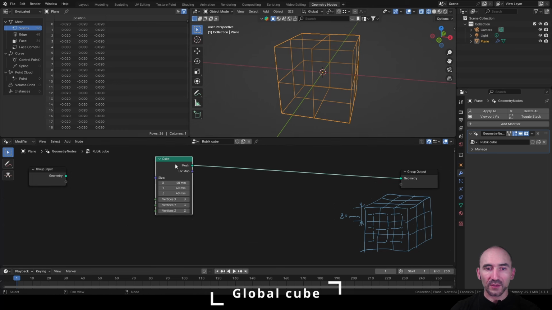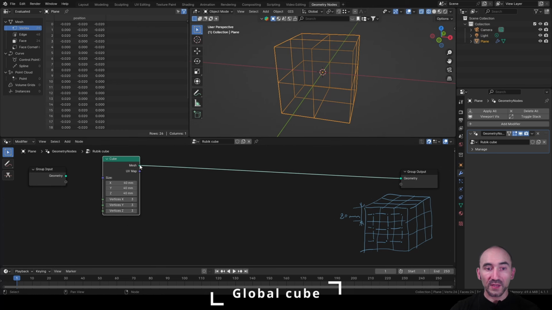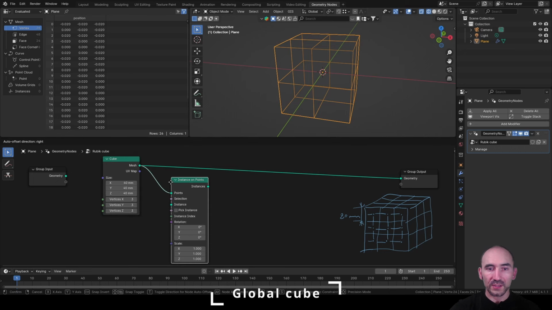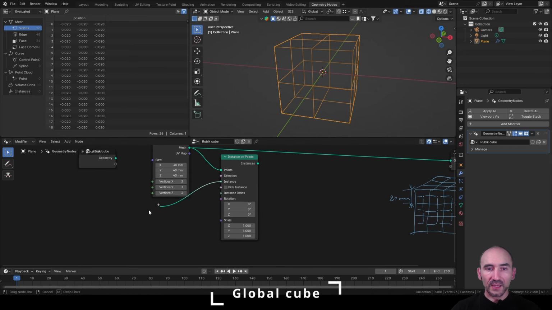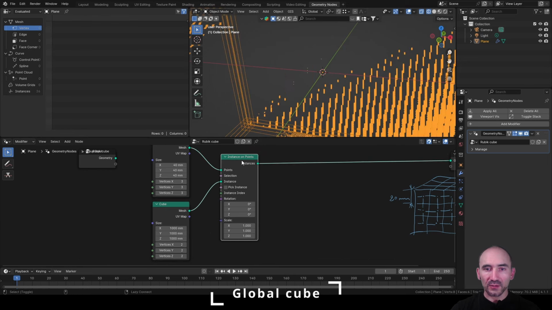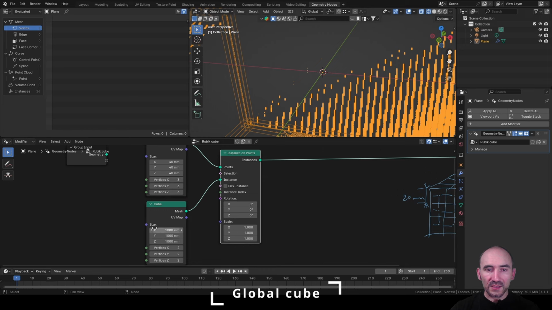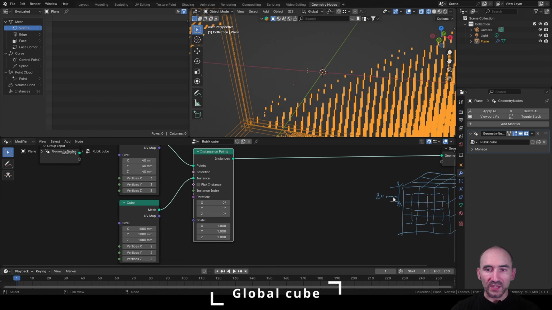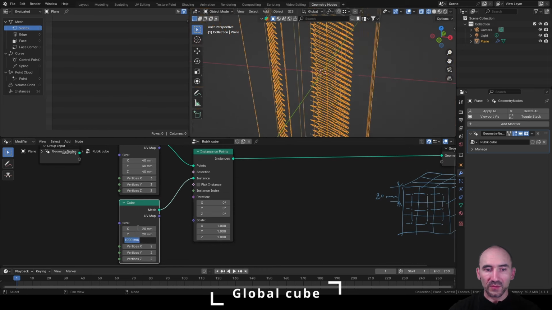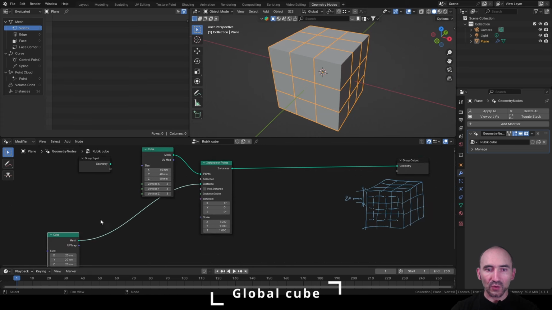So now that we have the structure of our big cube, we can link this to an Instance on Points node, and here we can link another cube like this and link this, with Shift and Alt pressed, to the final group output. But in this case the size of this needs to be 20 millimeters by 20 millimeters by 20 millimeters. Shift Z and voila, we have all the cubes of our Rubik's Cube. Now we can move this a little bit,